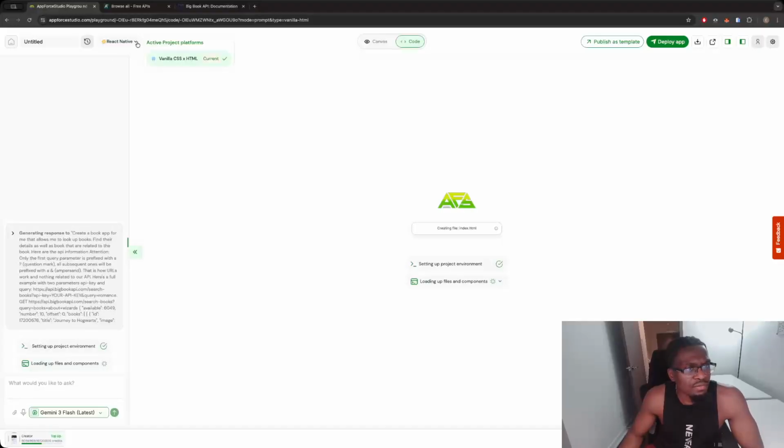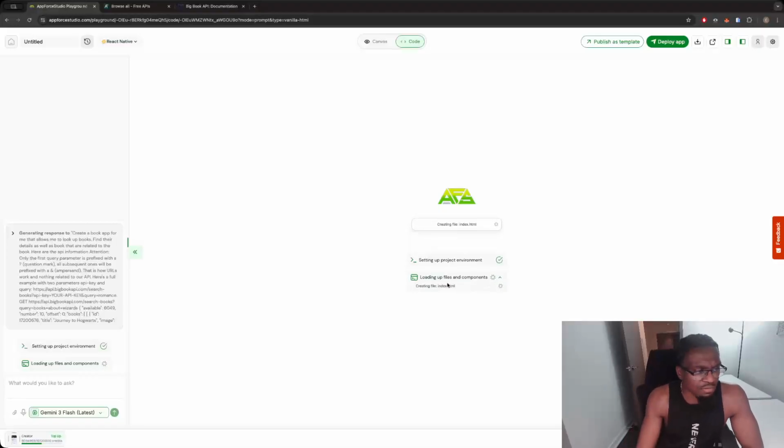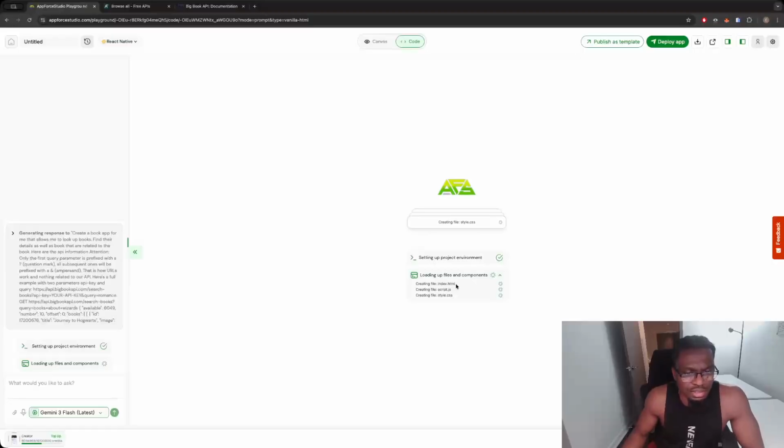It chose React Native. Oh, that is a bug. I chose vanilla, but it's showing up as React here. Okay, so it's definitely vanilla because I can see it's generated the index.html, which is what we want. Also the scripts, the JS, the CSS files, so it's definitely vanilla. It's basically HTML vanilla type of code,